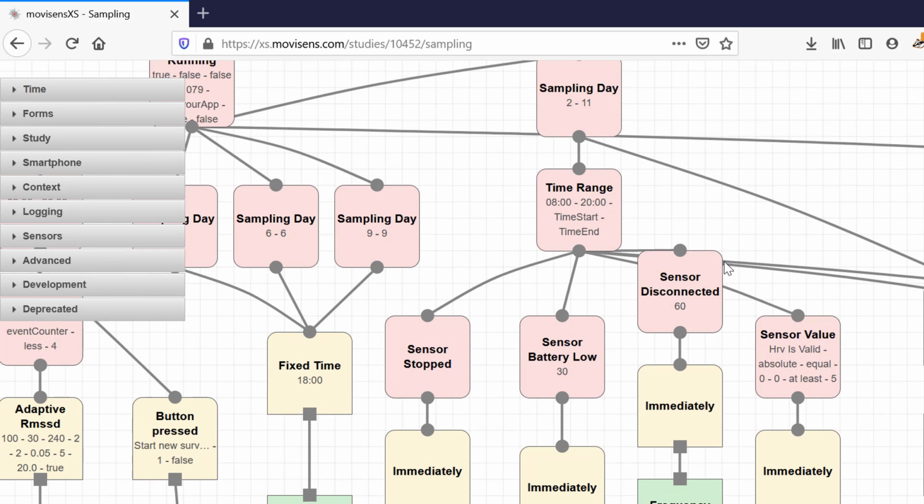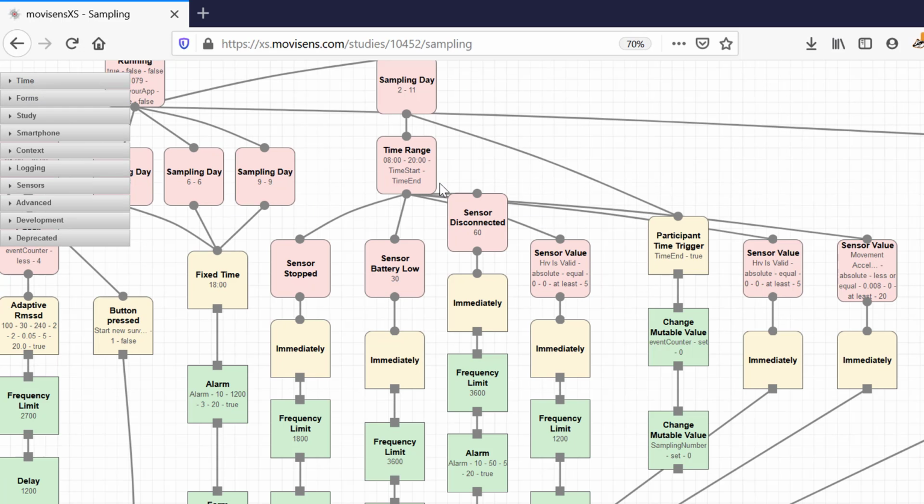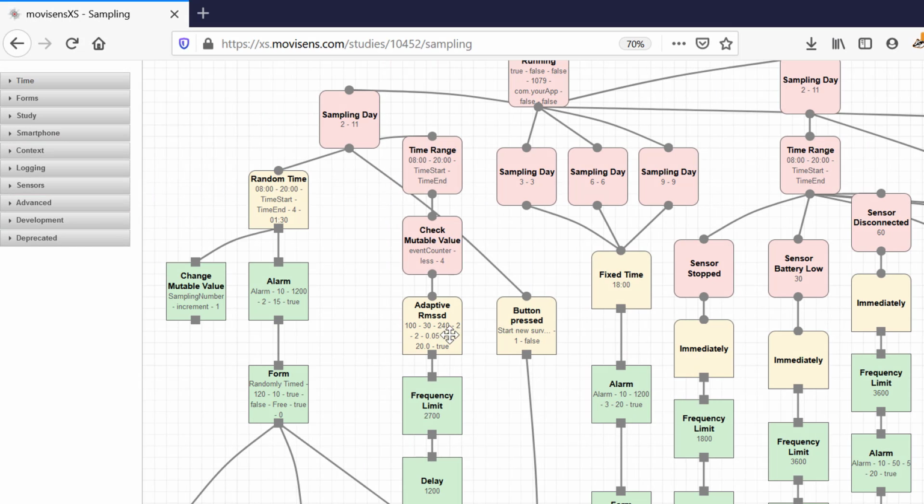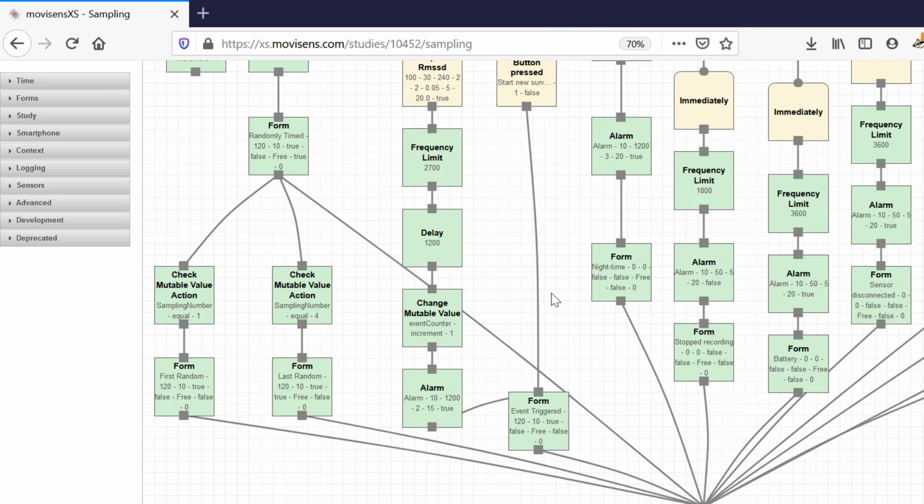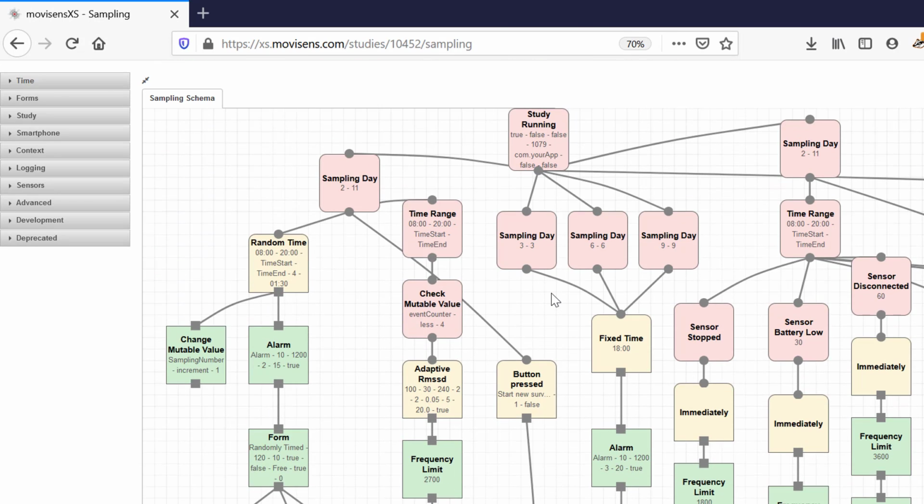So this is a really cool study. It's implementing a lot of the functionality that we're talking about, and gathering very insightful, very specific information that's going to allow them to hone in on the particular elements that they want to study and get the contextual information right at the relevant times.